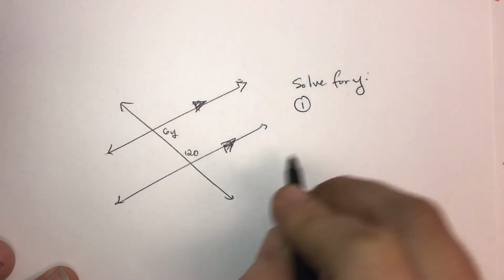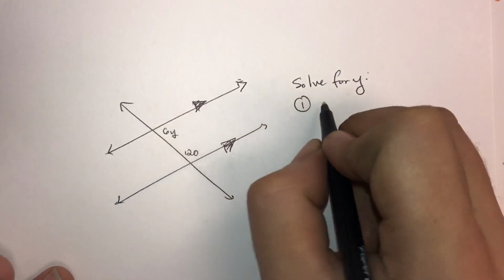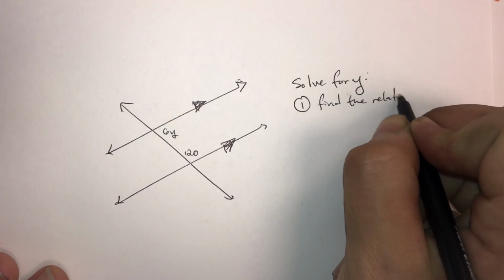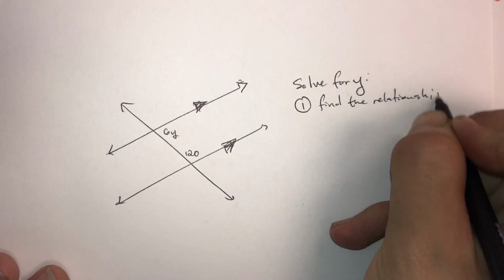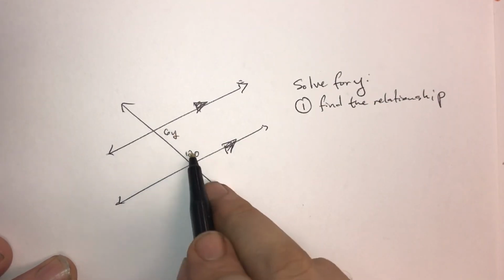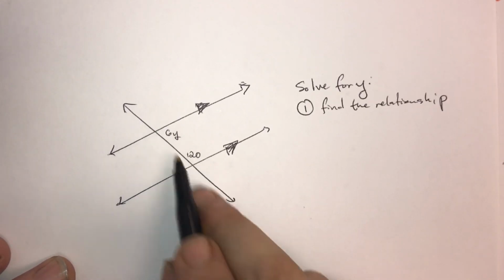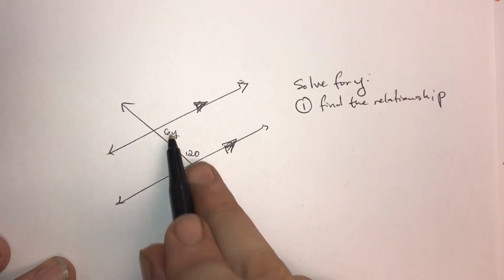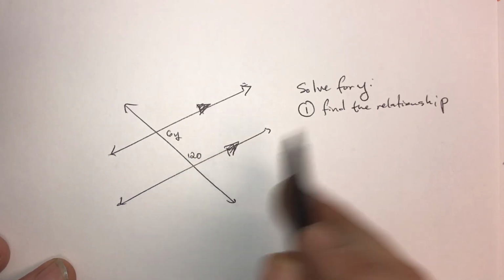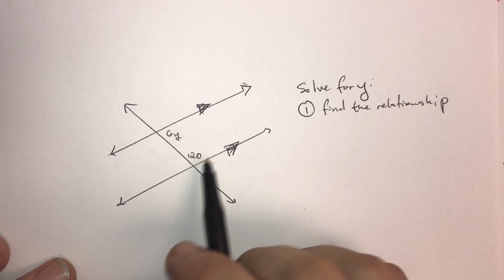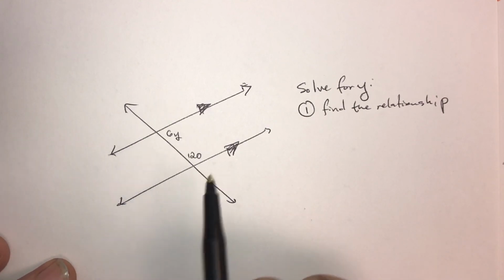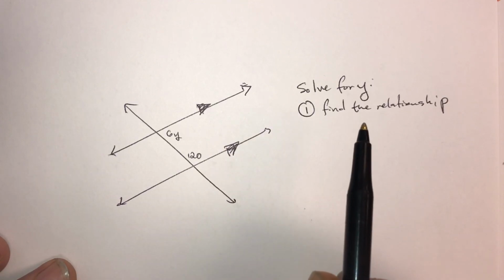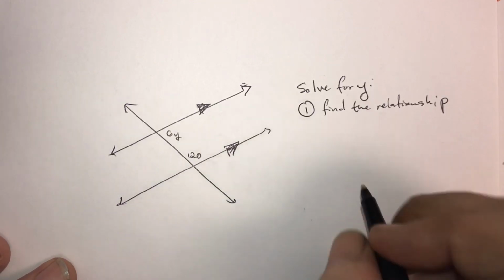Okay, so step one, the first thing we need to do is analyze the relationship. We need to find the right relationship. These are consecutive interior angles, so they're not congruent. I don't want to set them equal to each other. One method students use is they just set things equal to each other, and half the time they get it right. Okay, this would not be one of those times. So instead of just guessing, let's apply what we have learned. The relationship is that these are consecutive interior angles,